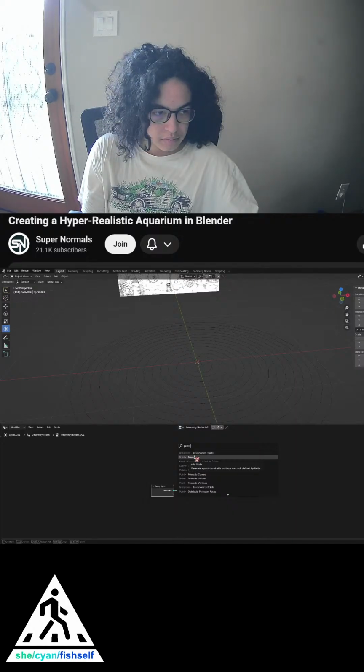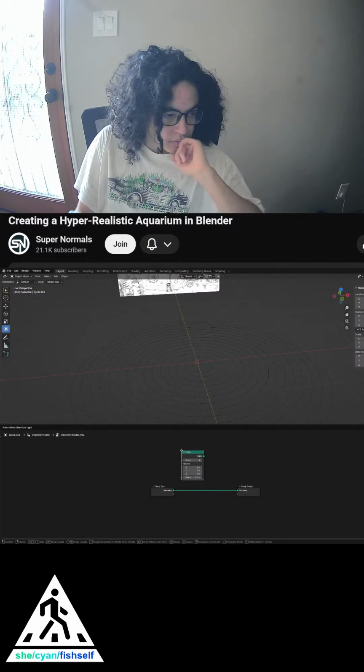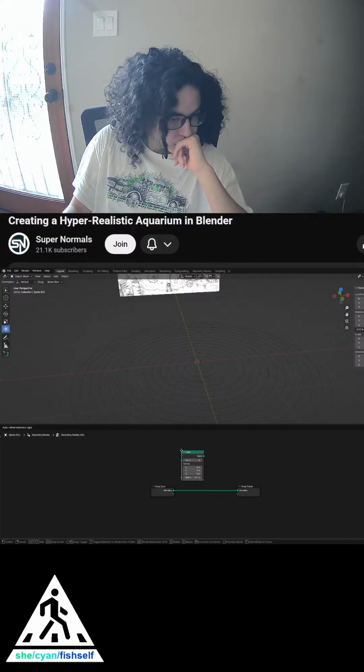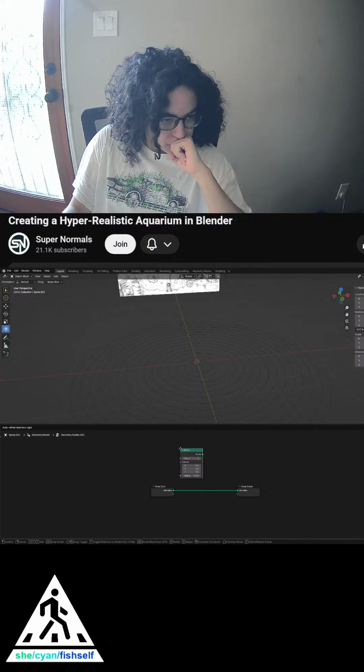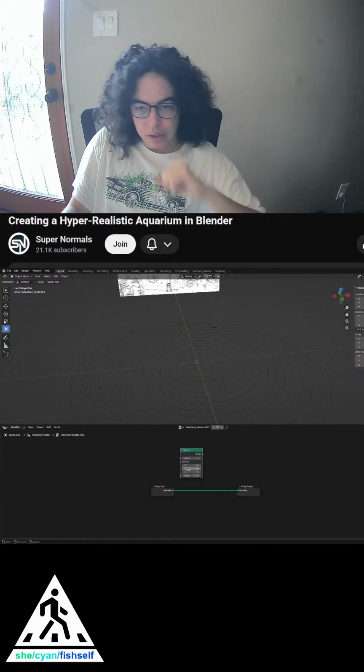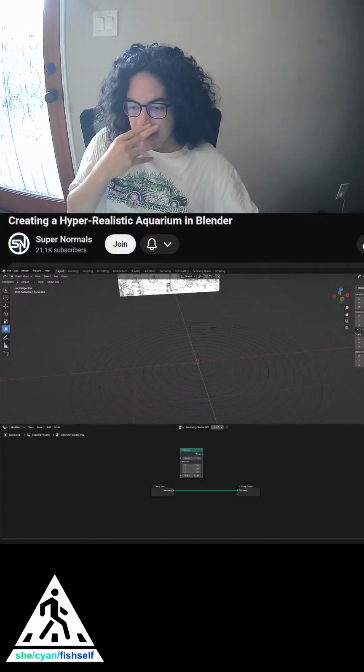Now so that it follows the path, we can fetch the position of the curve from this geometry. So by pressing Shift A, we will search for the sample curve node, and if we plug this into the curve, now it will give us various results. Okay, let's try to do exactly what this person does, but apply it to the